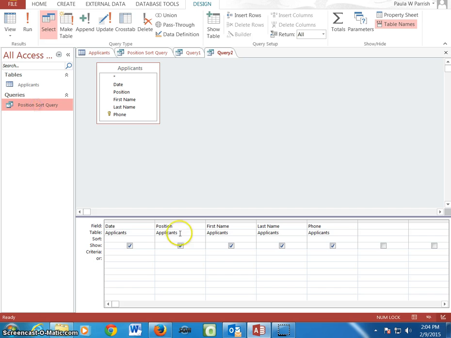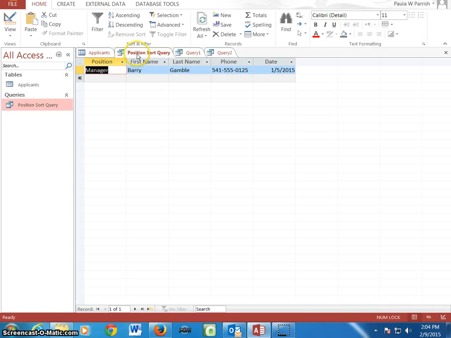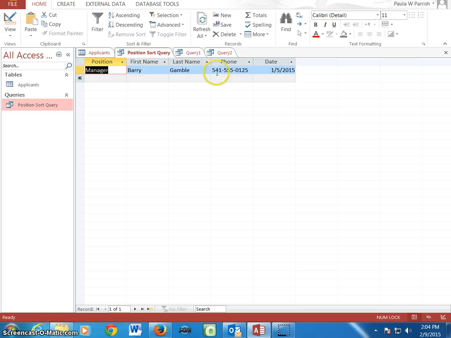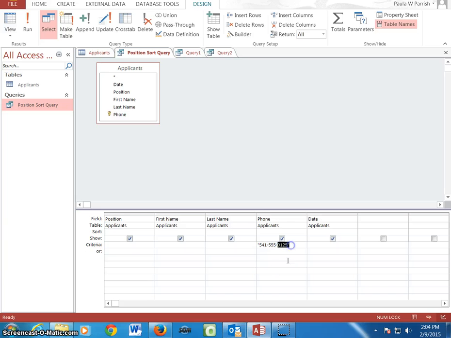But again, to see the actual query, you'll have to click the Run button. I already have a query here for this one. So if I go to Design View and then I click the Run button, it's going to show me that one particular person based on that phone number that I had in my query. So if I go back to Design View, you see it's 0125. If I go to Design View, I've got 0125 right there as my